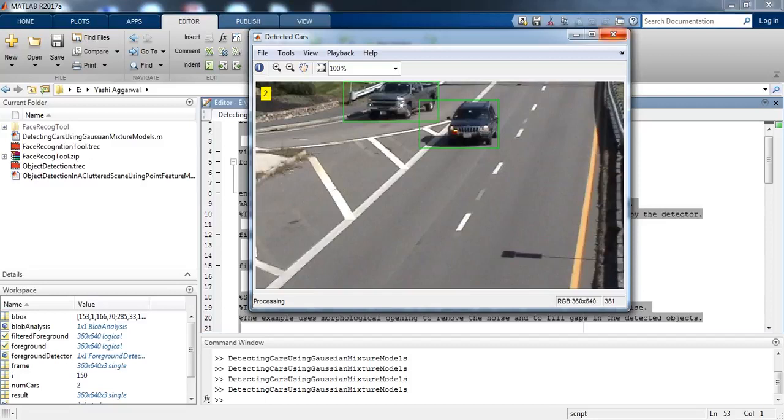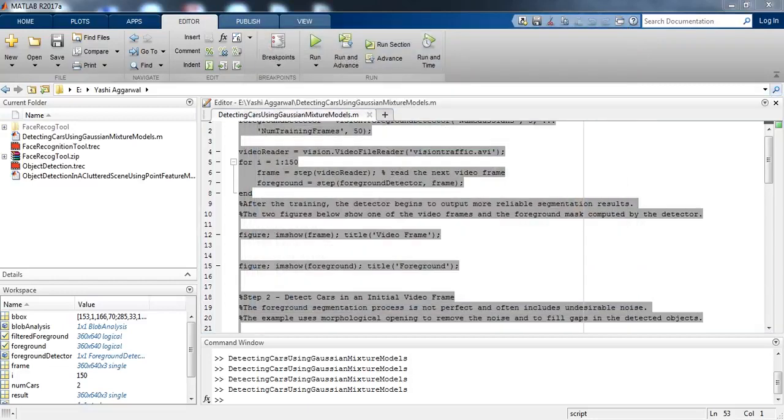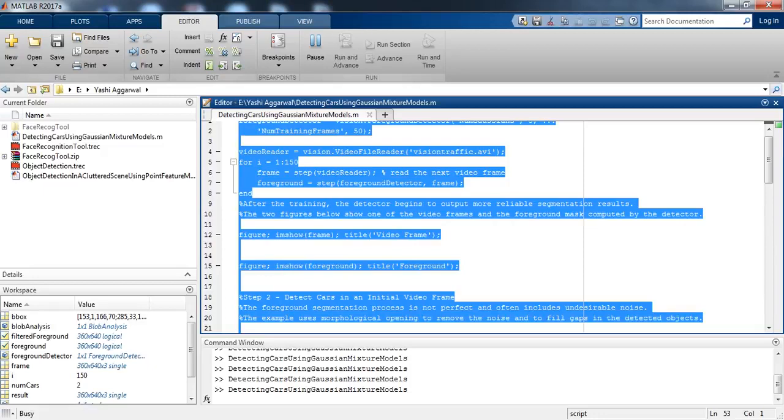For figure 5 we need to run the code again because I think it paused. So let's run this file again.